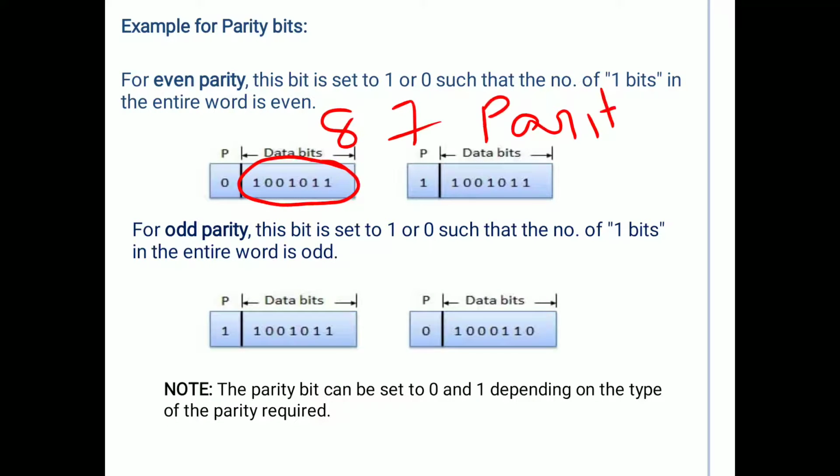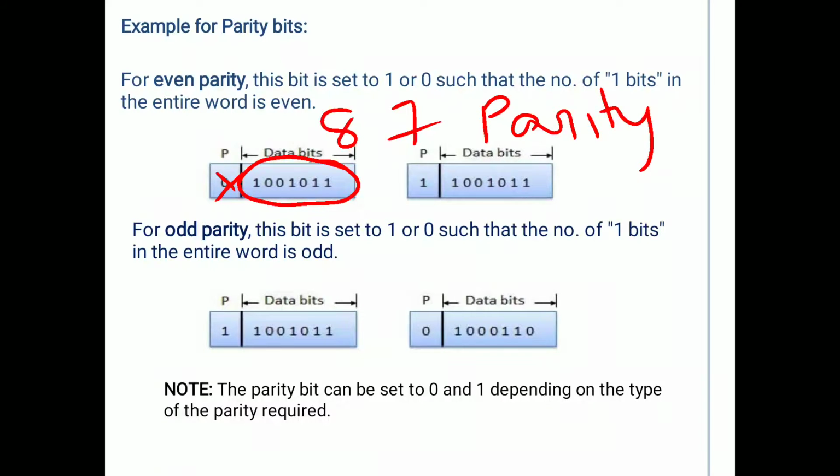So how will we calculate the parity value? In place of the parity there is no value, for example, an empty value. So we need to find the parity bit.